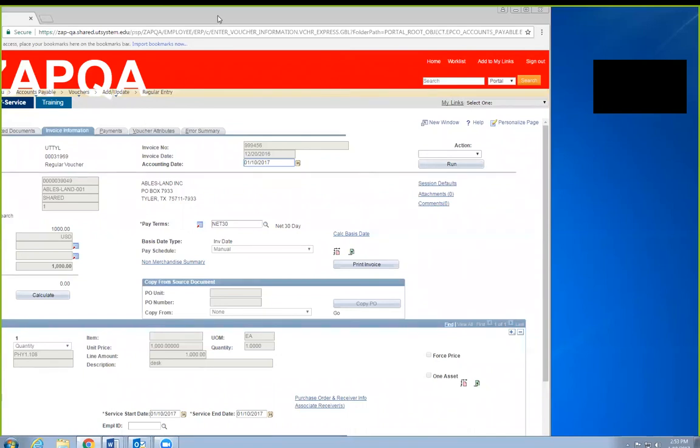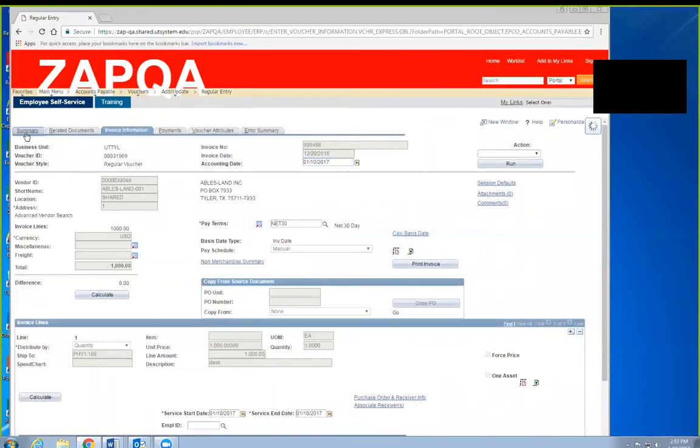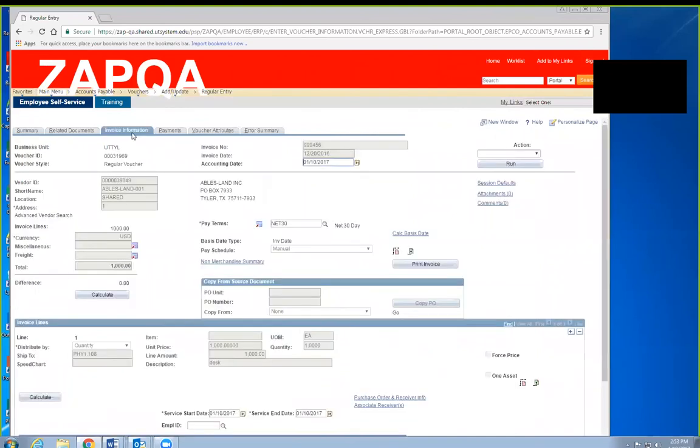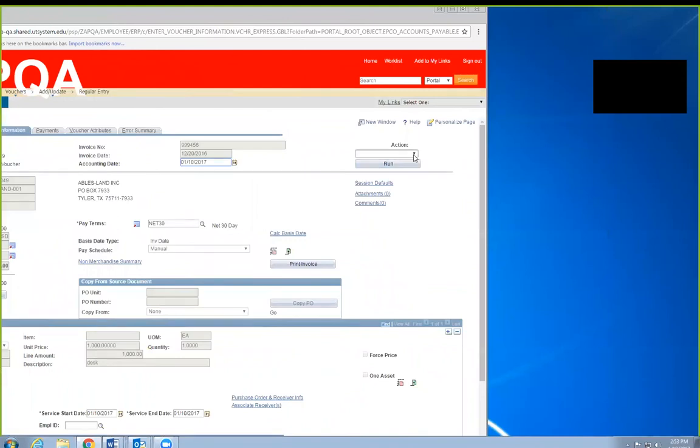Okay. We didn't have match errors on this one. You can see that the match status is matched. If there were errors, you would see a hyperlink here. Once matching is completed, you're ready to go for your budget check. So you go back to the invoice information screen. You'll see in the drop down, budget checking is your only option that is left. So you click on budget checking